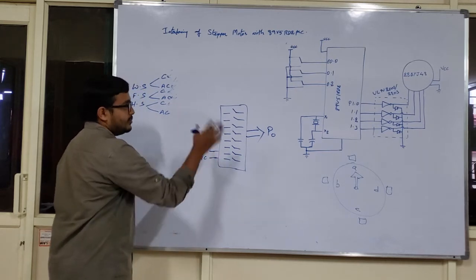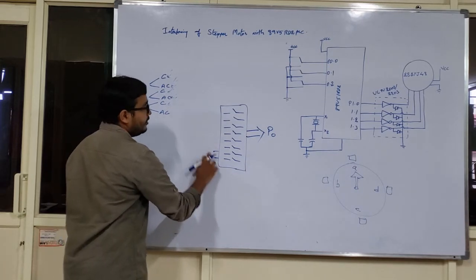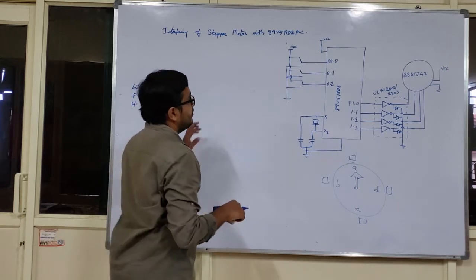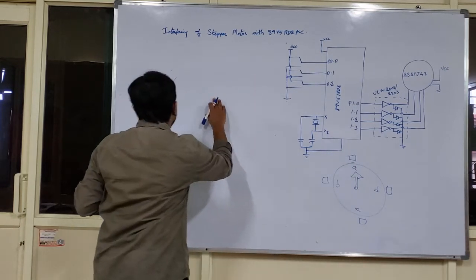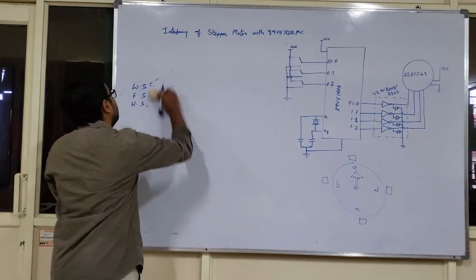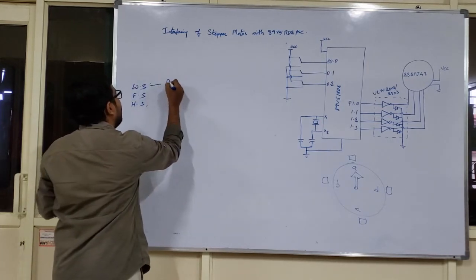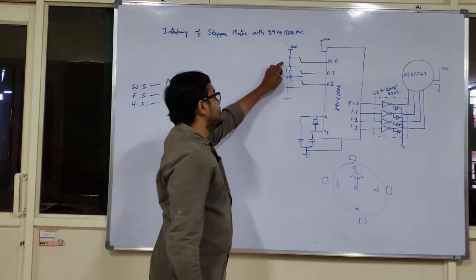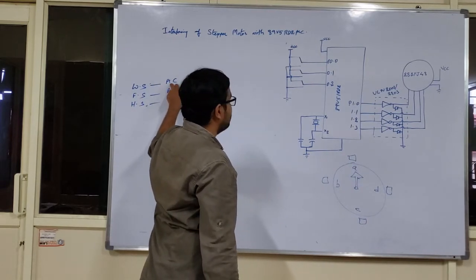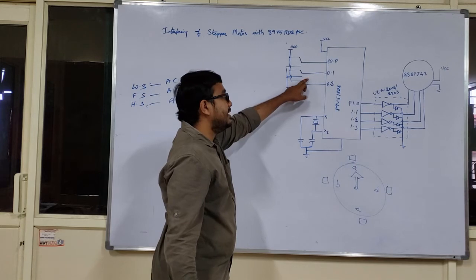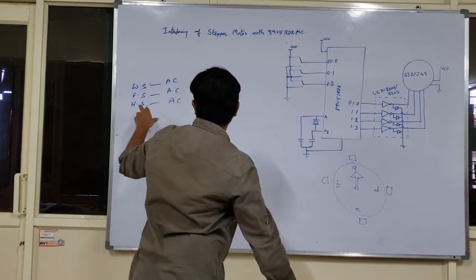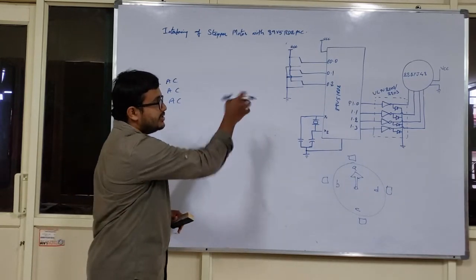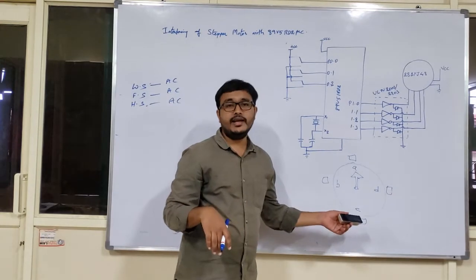Okay. So as per the diagram, now we will move. According to the diagram, I have taken only 3 subswitches. I am considering only the anti-clockwise excitation mode for all the excitation modes. So subswitch P0.0 will be taking care of wave step in anti-clockwise direction, P0.1 full step in anti-clockwise direction, and P0.2 will be taking care of half step in anti-clockwise direction. That means whenever I press one of the 3 subswitches, the stepper motor will react correspondingly.